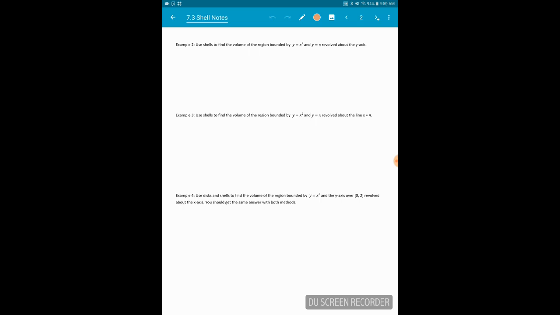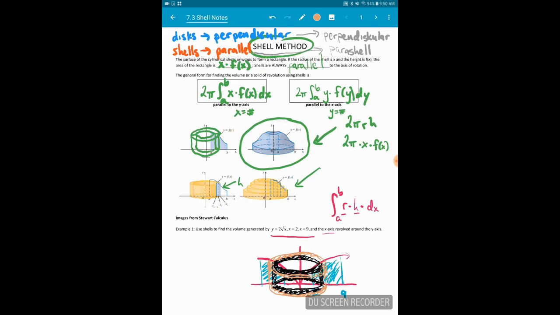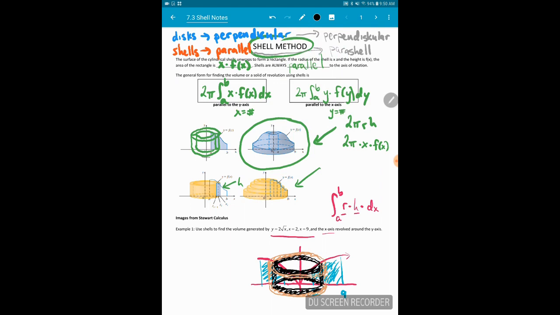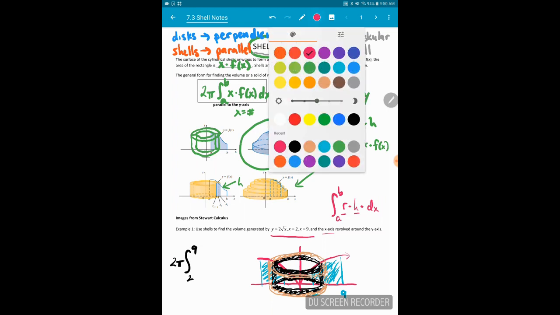If I use shells to find the volume of the region bounded by y equals x squared and y equals x, so what I want for this is the integral from 2 to 9, and then I have 2 pi, and then I look at what is my r in each of these cases, and my r is always, as I'm looking here, my r